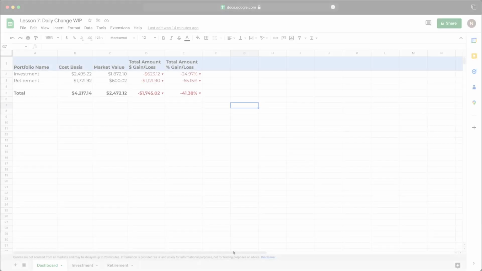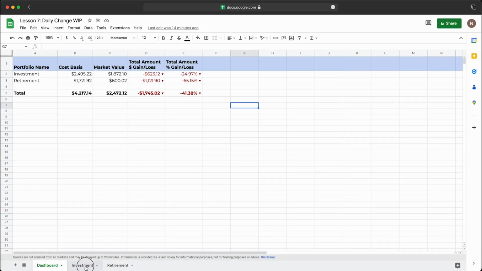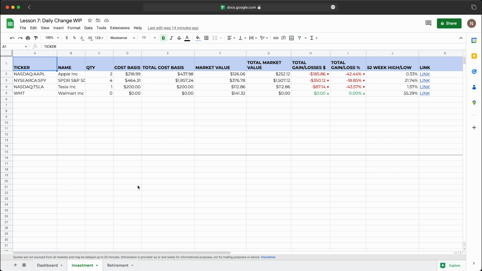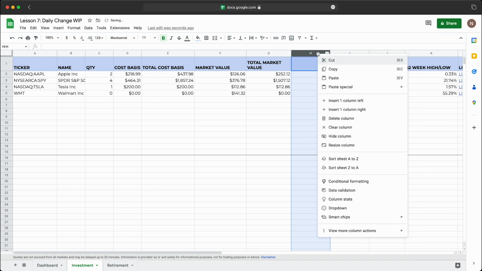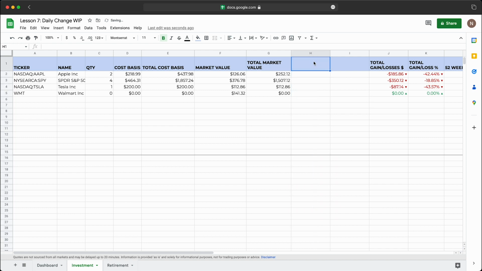Let's get started. To begin, let's start with our investment portfolio. We'll want to add in a new column. Let's add it next to column H for total gain and loss. And actually, let's go ahead and add a second column as well. The first column is going to be daily gain/loss in dollars, and column I is going to be